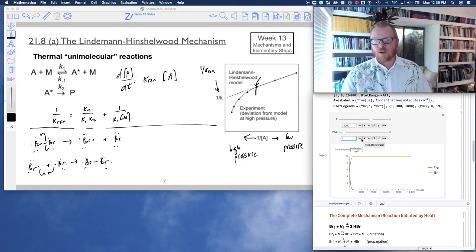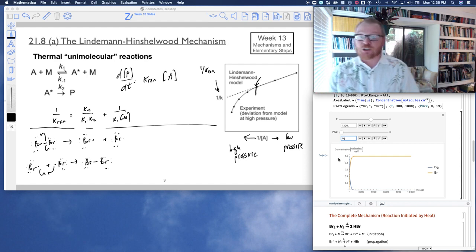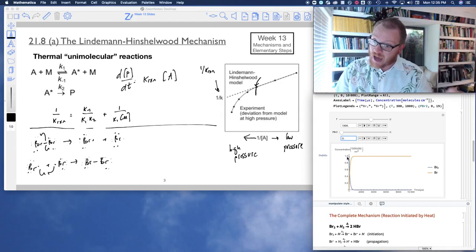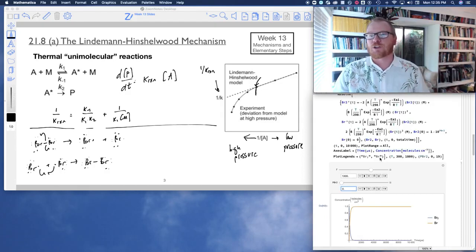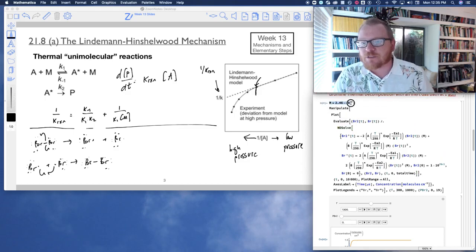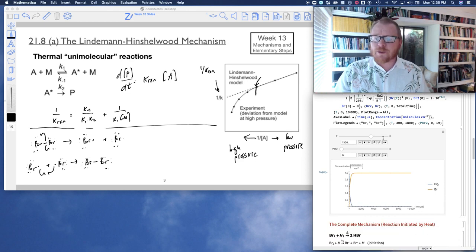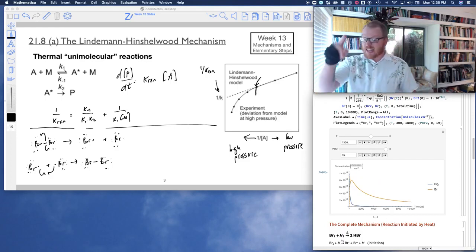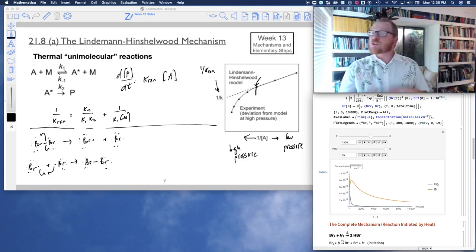And so definitely we've already hit that high pressure limit, not because of the bromine, but because of the third body. To show you the difference in the high pressure limit in this reaction, I would have to start manipulating my third body concentration, okay? Ultimately, the big picture of this, let me go back to this profile here, where I start to see Br kind of start to look like an intermediate. Okay, so now if I want to do some chemistry with bromine radicals,